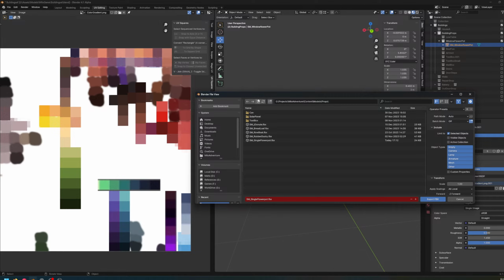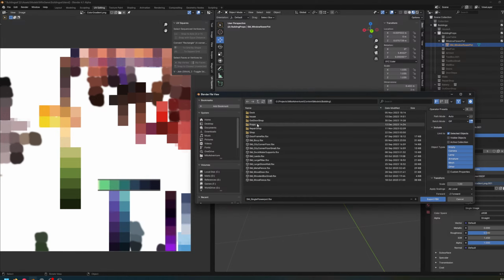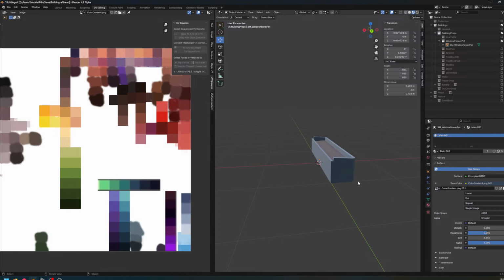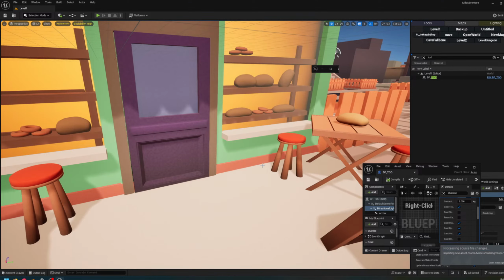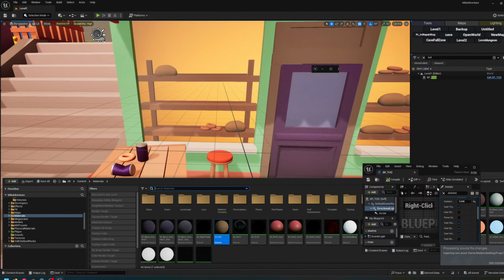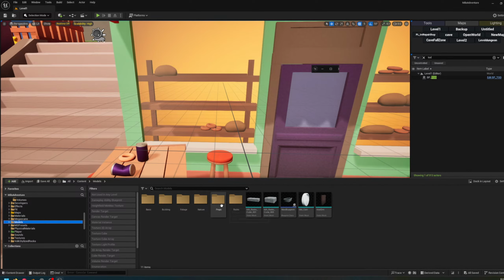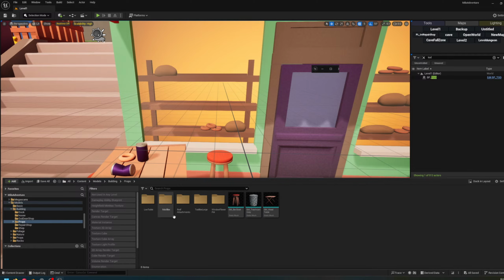It's a building prop. Some models, building props,